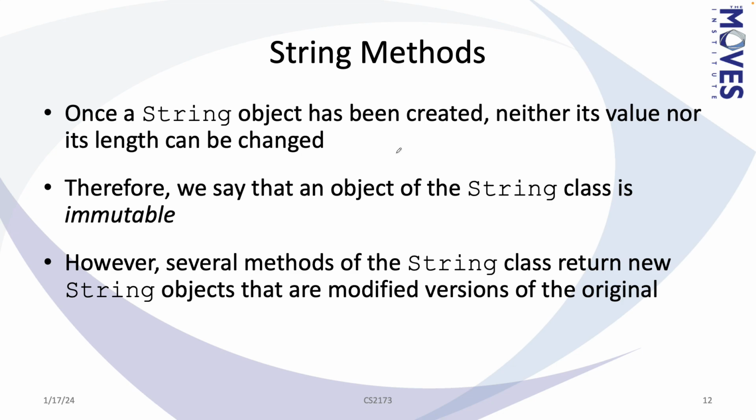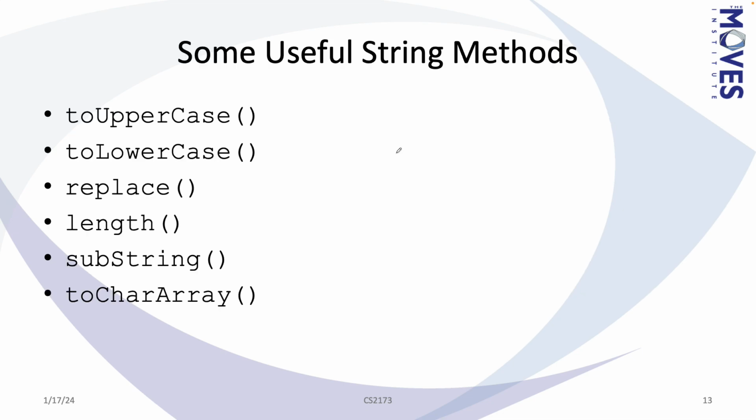We use methods. In a procedural language, we'd have functions where you would give it a string and it would return the right result. Here we have methods that operate on the data that's in the string. So here are just a handful of some of the useful methods. There are some incredibly powerful methods that we'll be dealing with later in the course. We can take a string and split it up into pieces. We can apply something called regular expressions to determine whether or not it meets certain criteria. But just right off the bat, here are some useful ones.